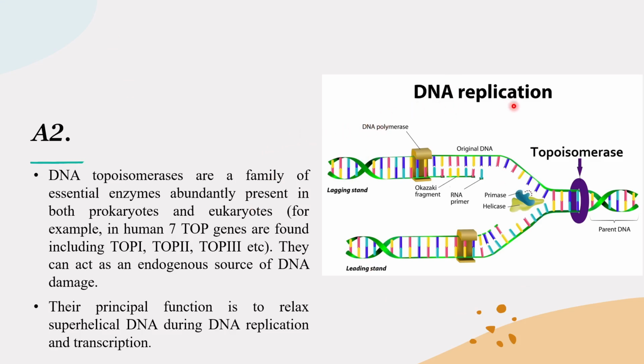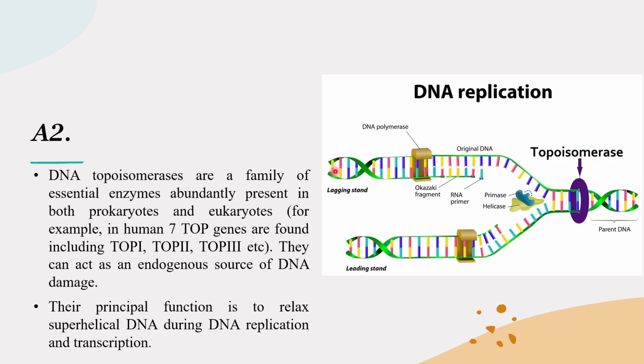This DNA replication process, you might have read about it, and there is one lagging strand and one leading strand. And what this topoisomerase does, it just opens up the DNA. As you know, this parent DNA is a double helical structure. So topoisomerase just opens up the double helical structure and makes each strand a template for